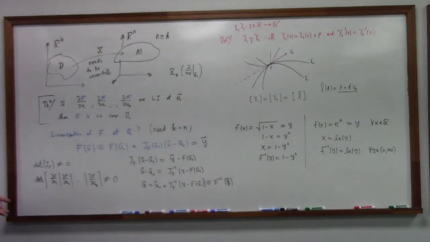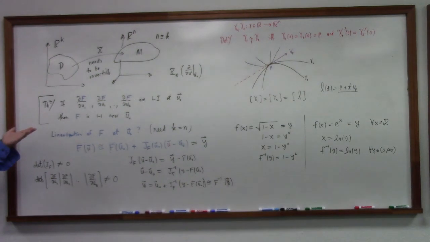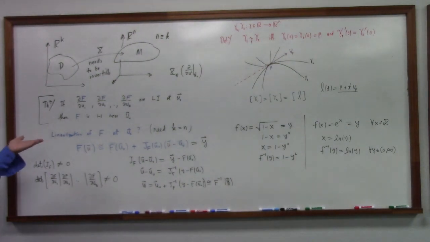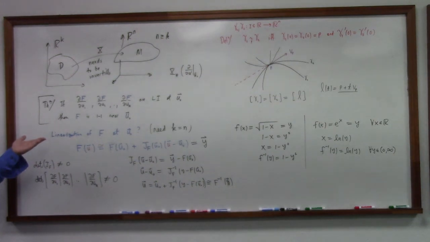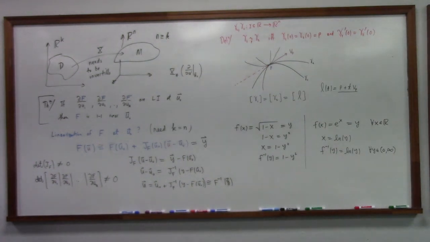Now, the theorem doesn't say that if the coordinate velocities are linearly dependent, then it's not invertible, right? It's actually silent as to what happens when the condition is not met. But odds are that it's not invertible when that condition is not met. To give you an example where the condition is not met and yet it's invertible, the cubic function is that kind of example. y equals x cubed has a derivative which is 0 at 0, and yet the function is still invertible at 0, because it's just 0 at that one point. But anyway,